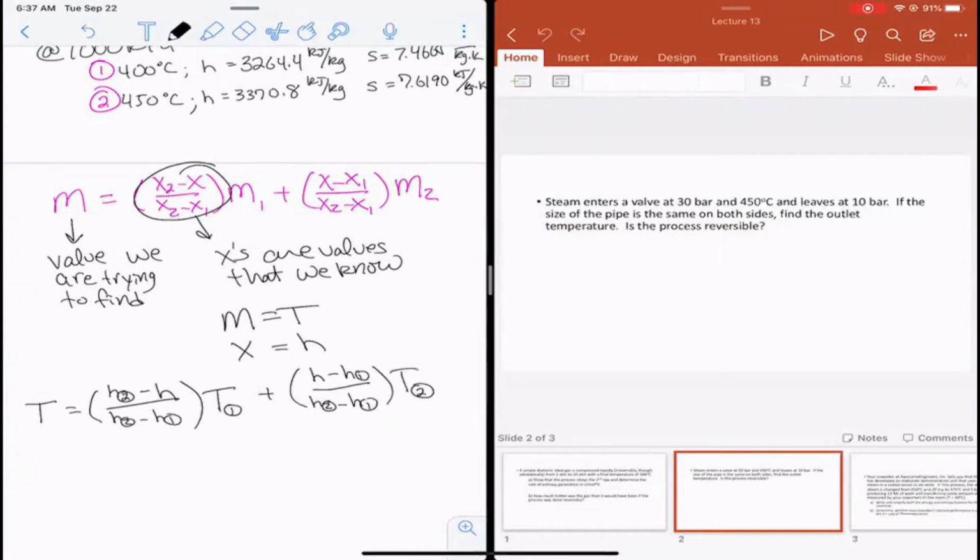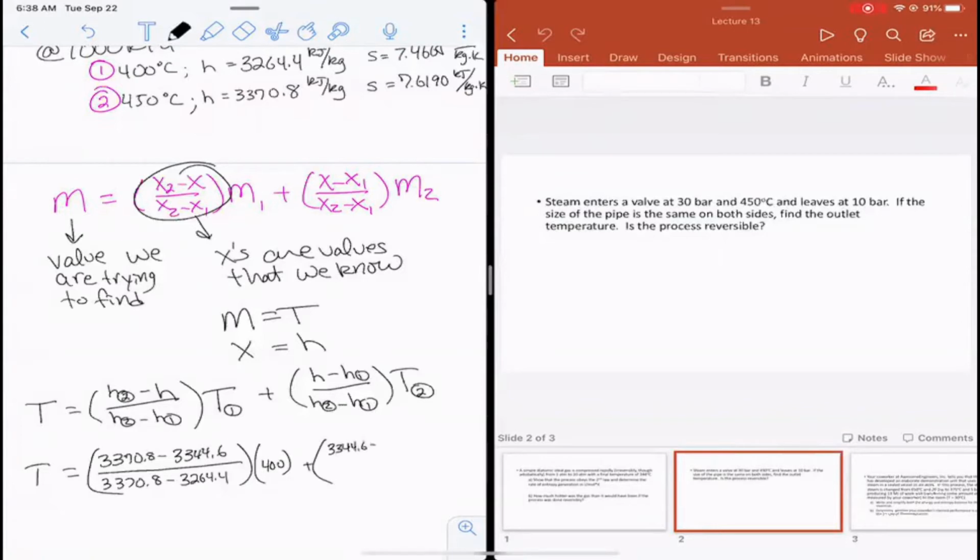And so we can insert all of the known parameters in here and find that the temperature is equal to H2, which is up here, 3370.8, minus the enthalpy we're looking for, which again was 3344.6, divided by 3370.8 minus 3264.4, times T1, which is 400, then plus the enthalpy we're looking for, 3344.6 minus 3264.4, divided by 3370.8 minus 3264.4, times the temperature in state 2, which is 450 degrees C. And then we can find that the exhaust temperature is equal to